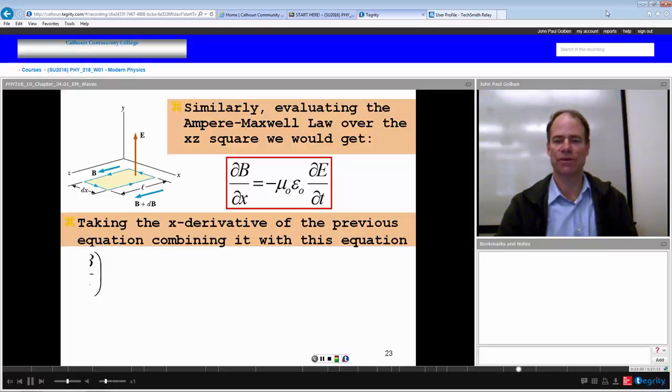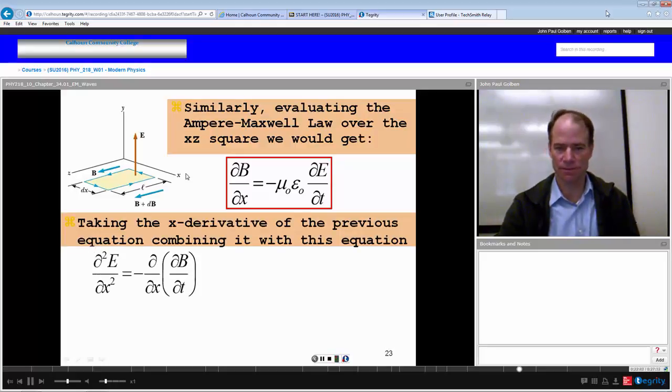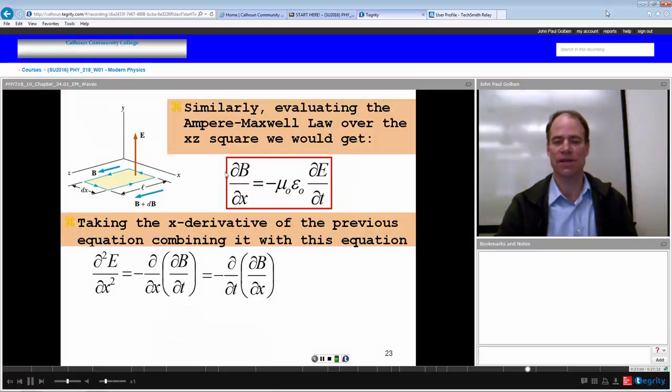Taking the x derivative of the previous equation, we get the second partial derivative with respect to x of the E field is the partial derivative with respect to x of the partial derivative of the magnetic field with respect to time. Bear with us, we're going somewhere with this. Rearrange that. Substitute in for the partial derivative of the magnetic field with respect to x from this second equation. And we have